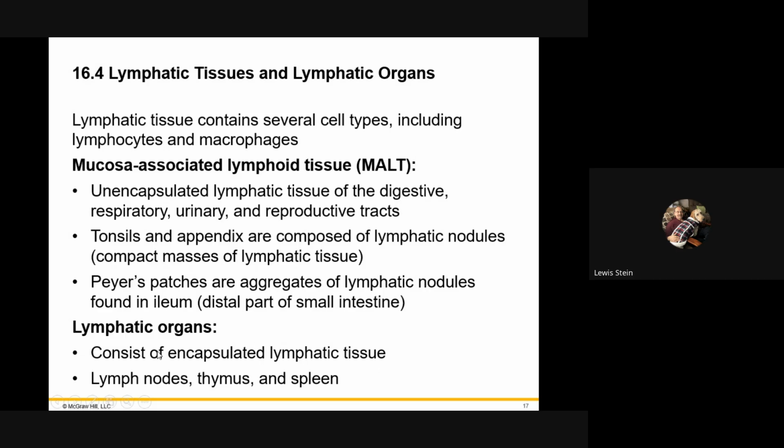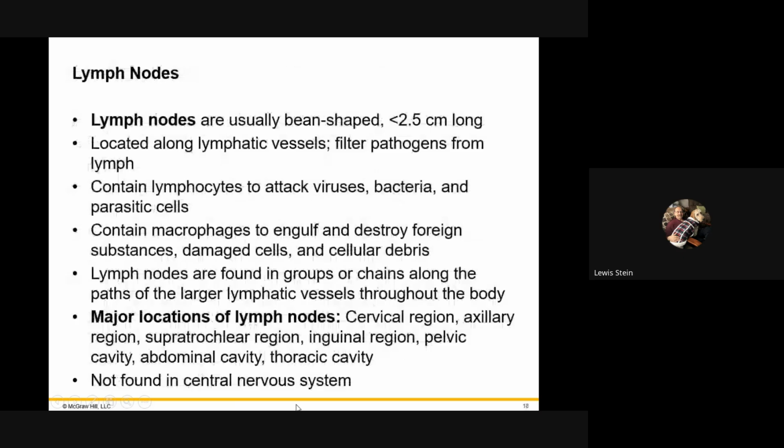Lymphatic organs, when it says encapsulated, the nodes, and we won't get to the thymus or the spleen today. So the lymph nodes are small. They're maybe about an inch. They're along there, and really, it's a great word, filter. You have multiple inputs. They're like a big funnel. This has multiple inputs, and all of this fluid is sort of filtering through little nooks and crannies filled with